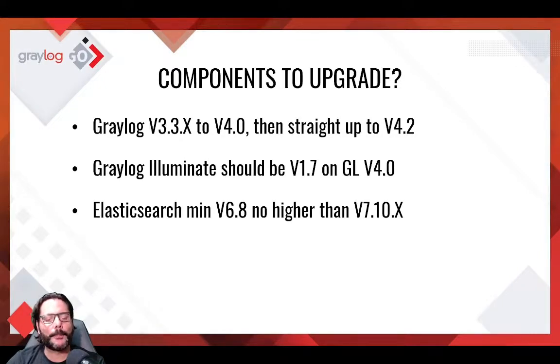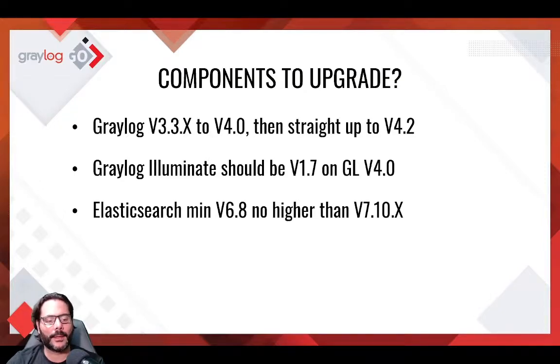Your Elasticsearch minimum release that you do need running before you upgrade Graylog to version 4.0 should be at least version 6.8. You can go up to version 7.10. However, a note, you cannot go up to 7.11 and higher. You will have breaking changes and have problems in your Graylog cluster or your Graylog instance if you go higher than version